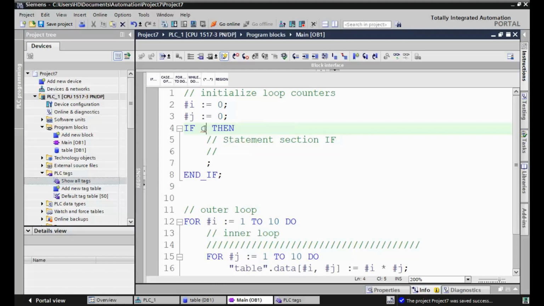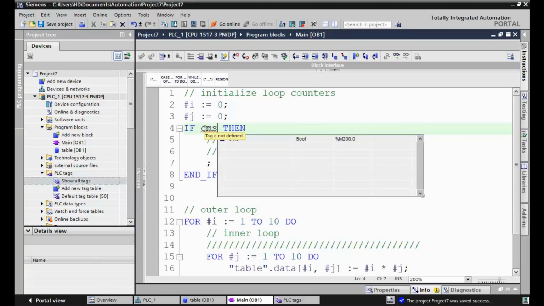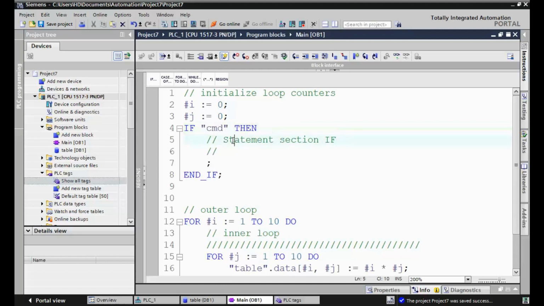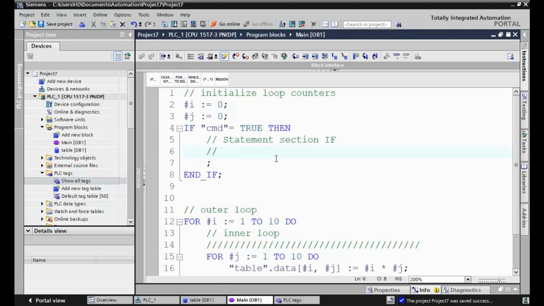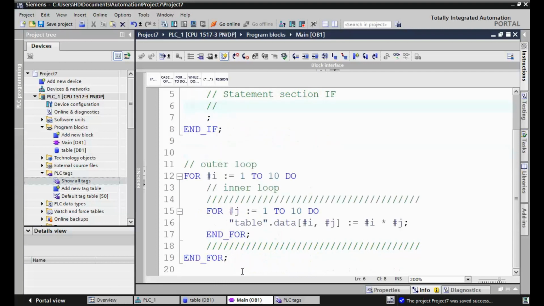We reset all cells when command is true. While command is false, normal operation is expected.